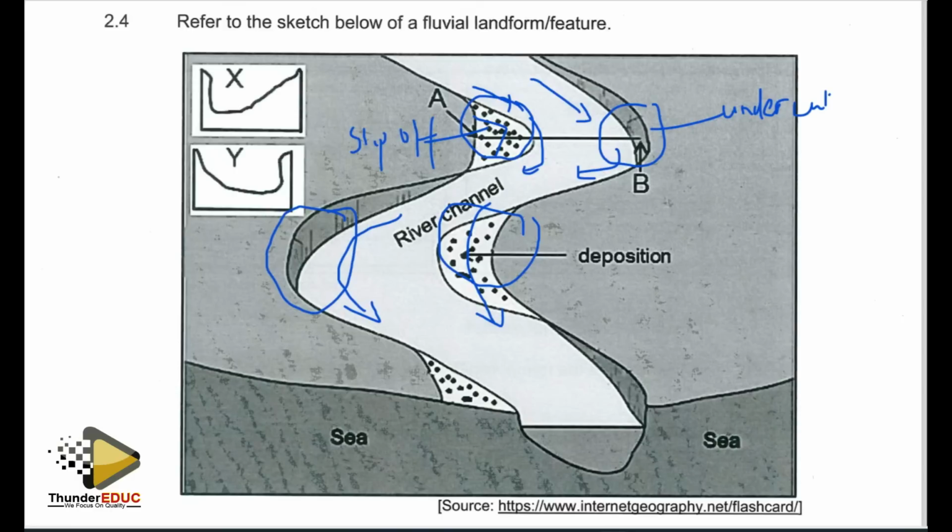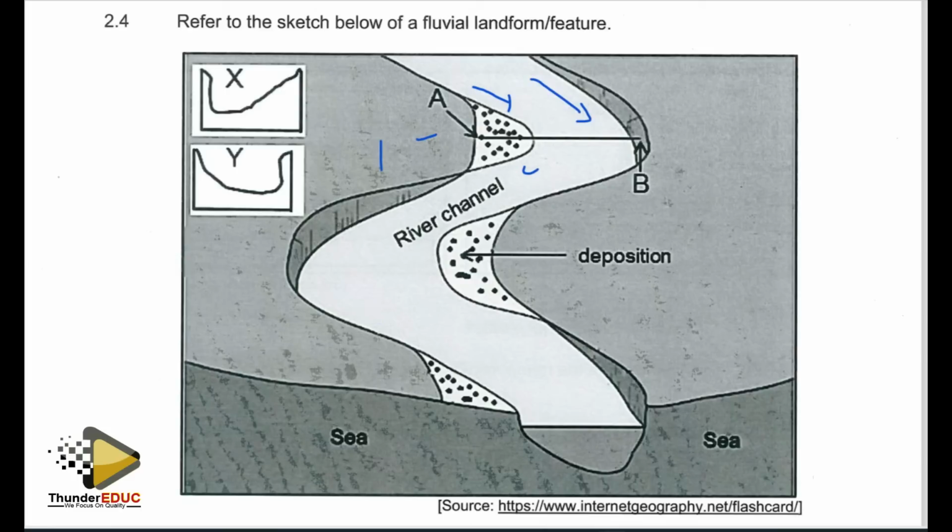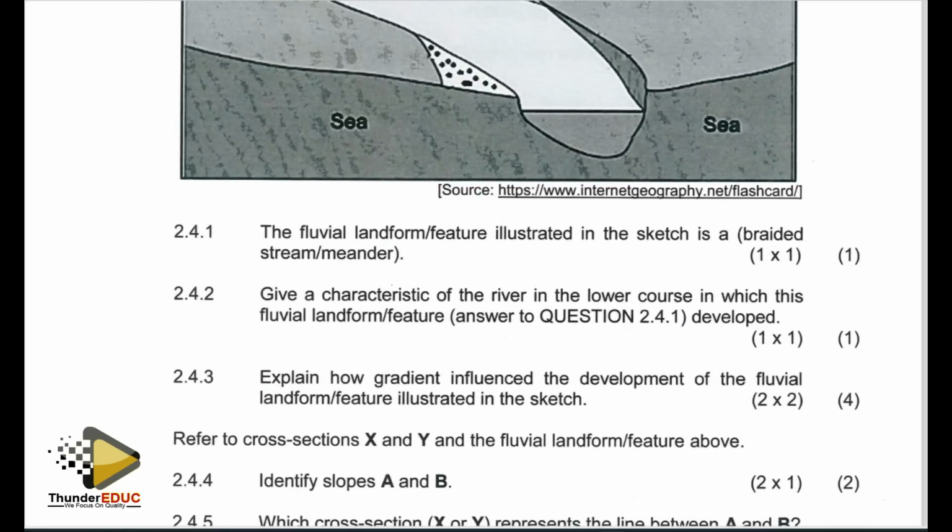And here, because the water flows fast, it tends to erode this outer bank here. This bank is eroded and is undercut. That is why we are calling it undercut. It means it's being cut by erosional processes happening. And the material being taken here will be deposited on the inner bend where there is limited velocity. That is what happens along the river channel and along a bend in a river channel. So from that discussion, I think we are able to figure out the responses to the questions which will follow. Right, we'll quickly go through the questions and figure out the most probable responses.